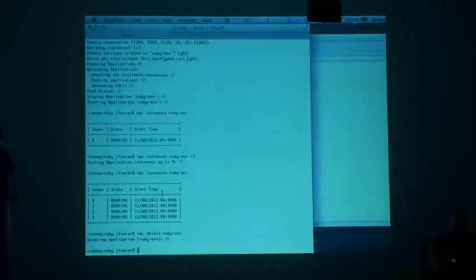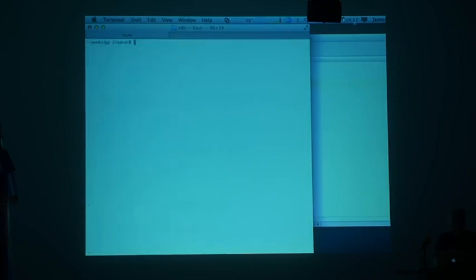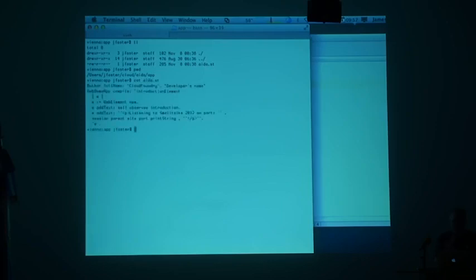And let's take a look. So here, I have a local directory, cloud, Ada app, and it has one file in it, aida.st. That is just something that says, listening to Smalltalks 2012 on port such and such with this. So I'm going to say,